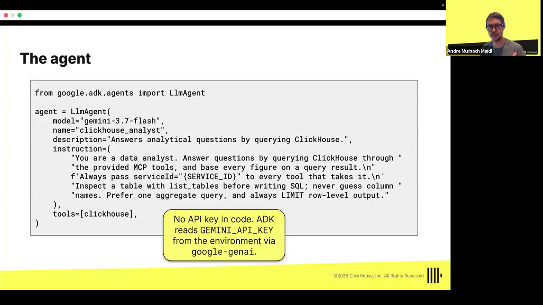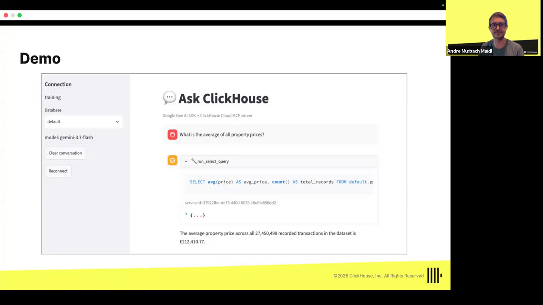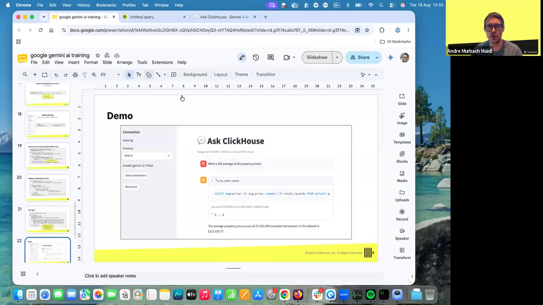Look that I don't need to specify the Gemini API key here because the Google Gen AI will know that it should look into this environment variable in the system. So then it can connect to Gemini and use the model to run the queries with this agent that we are creating.